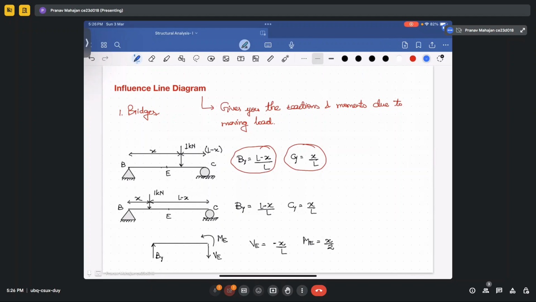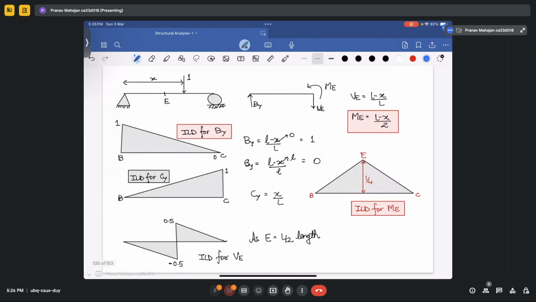And then based upon the type of load, suppose in this case you have L minus H upon L in both the cases. So if you put the value of H equal to 0, it will come out to be 1. If you keep H equal to L, it comes out to be 0. So then 1 to 0, this is how it will provide you the influence line diagram